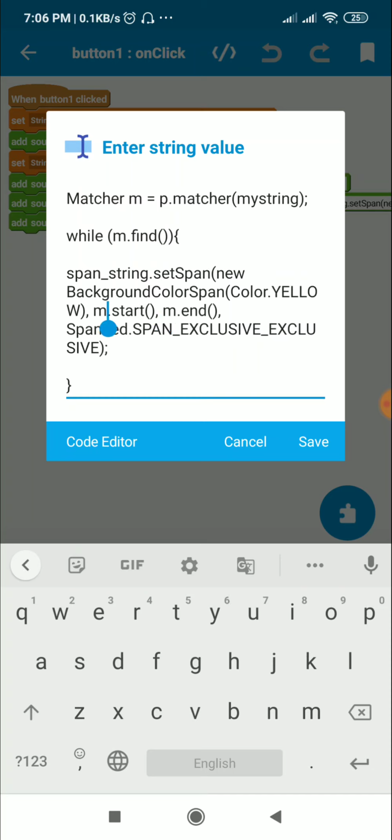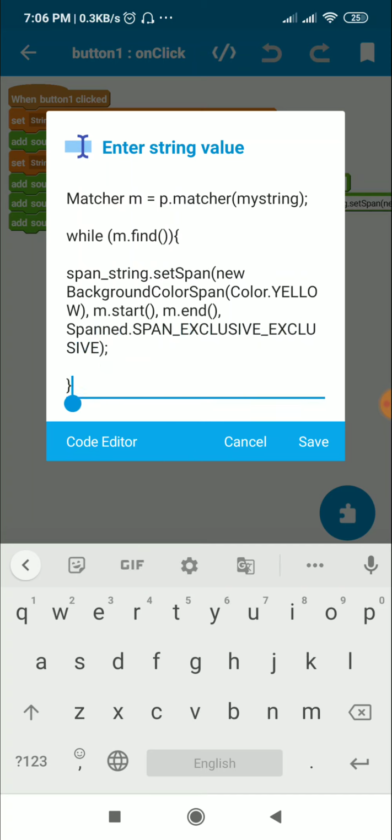M is the matcher, so while matcher dot find, in this loop I get the start and get the end, and then I convert it into a background color span and set it as span of this span string. So I write span string dot set span, new background color span, color dot yellow, comma m dot start, comma m dot end, comma span exclusive, and that's all.